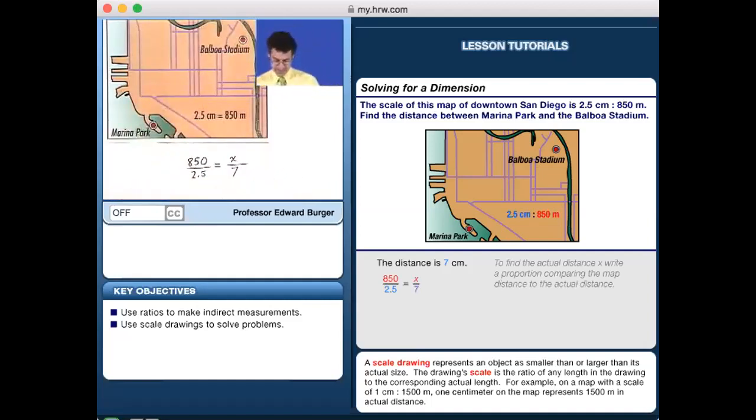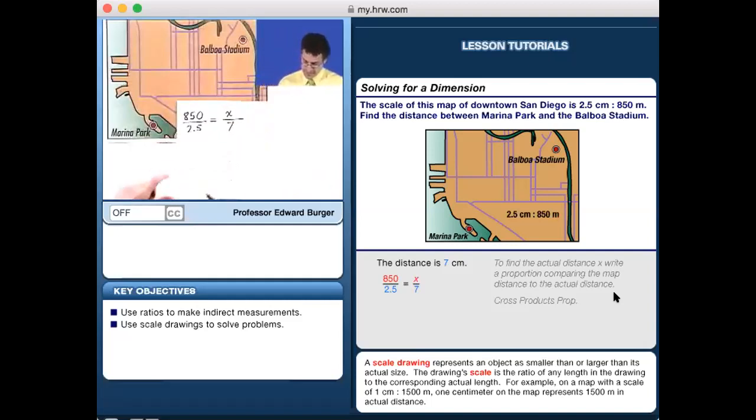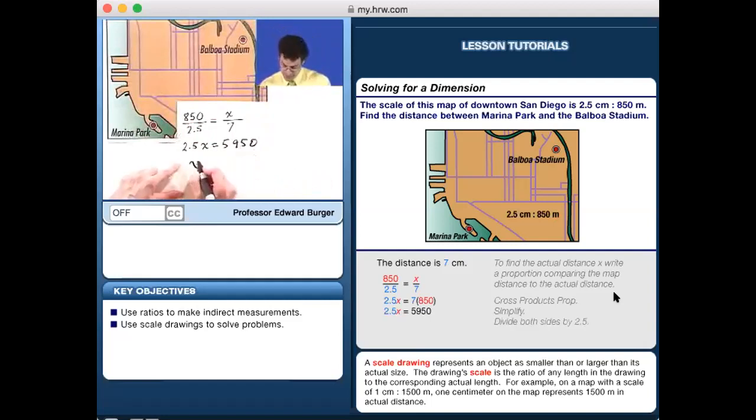So let's just take a look at this and see how I set this up. So here is the meters to centimeters. As meters, we don't know what it is, but centimeters we know to be 7. So now the question is, what's x? Well, now we can solve this proportion by taking the cross product. So we take the cross product. What I see here is 2.5x equals, well, 7 times 850, 5,950. Now if I divide both sides by 2.5 to get x alone, I see that I'm at